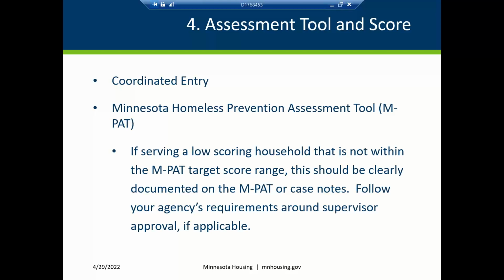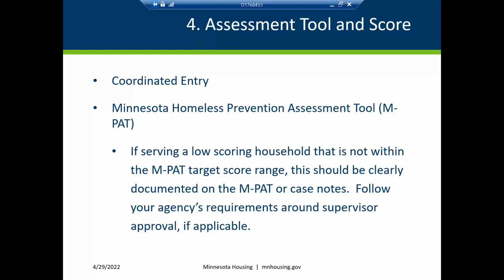So if you're not using the VI-SPDAT in your continuum of care, just remind us of that when we come out to monitor files or you send files to us. Give us a reminder that you're not using the VI-SPDAT, and that'll really help us to determine what this should look like in the file. And then if you're not using the VI-SPDAT, give us some indication of what you do in order to figure out households are eligible and prioritize those households. I think that's more what we need to know, just so that we can look for that kind of documentation